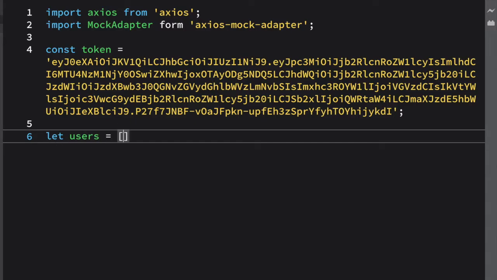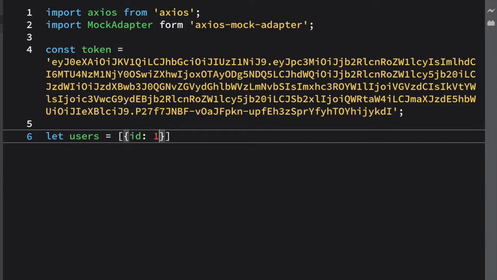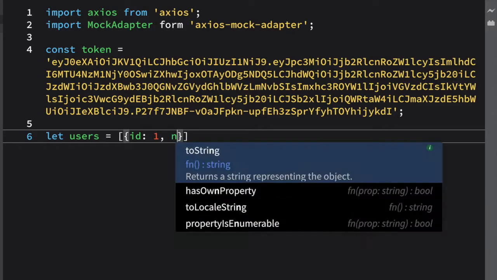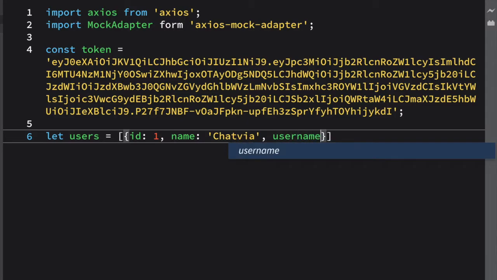Okay, here, so let user equals, and then after this I have to enter the parameters for the user, and I am giving it an ID of 1. Okay, and after this you have to use this comma to mention some more parameters inside this. So I am naming this user as our name of the application, chat via. Okay, and after this you have to give it a username. These are all the credentials that will be needed in our backend server. Okay, so I am giving it a username of themesbrand.